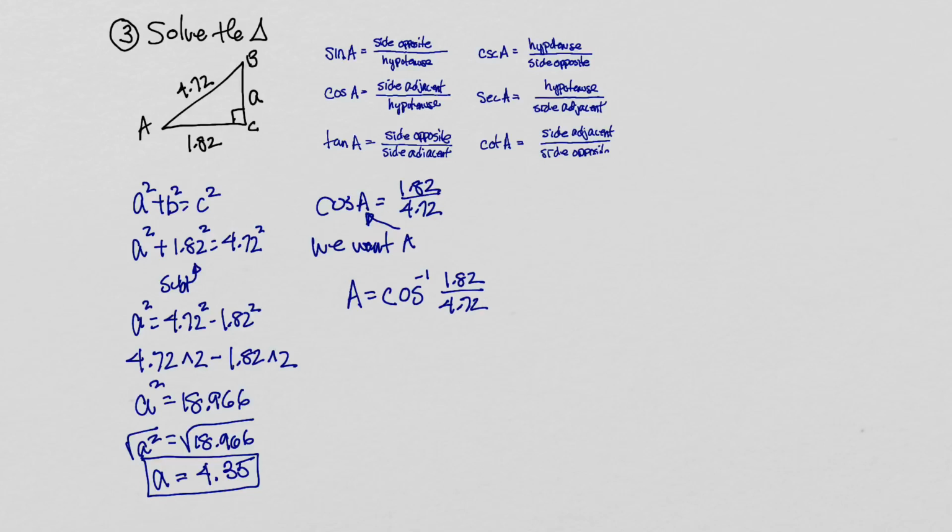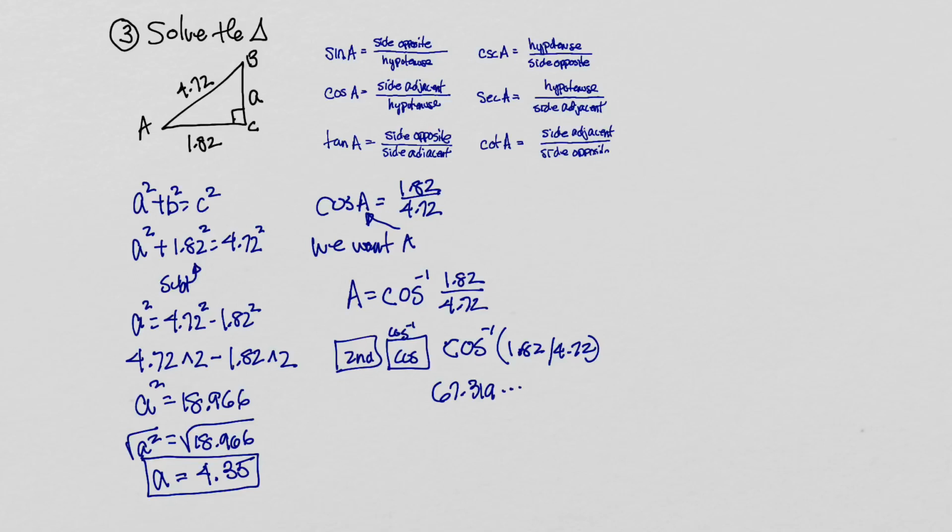So here's what we're going to type in the calculator. We're going to press the second key. Then you're going to press the cosine key, and right above it is the inverse cosine. That will give you inverse cosine and a parenthesis. So type in 1.82 divided by 4.72, and doing so gave me